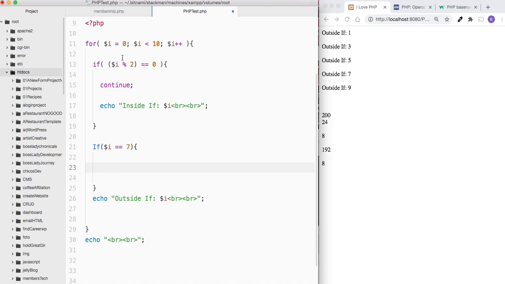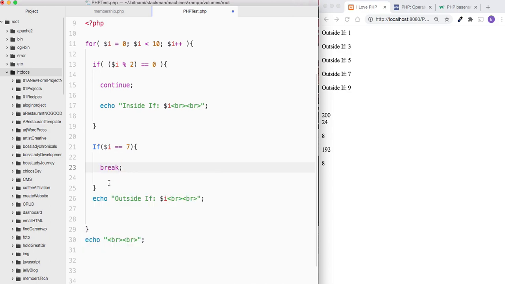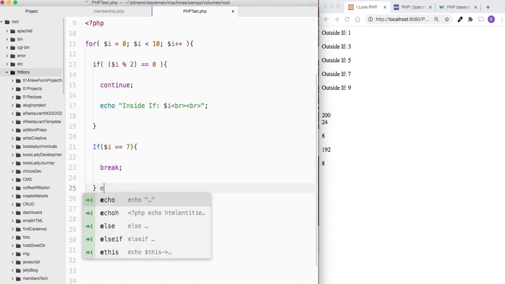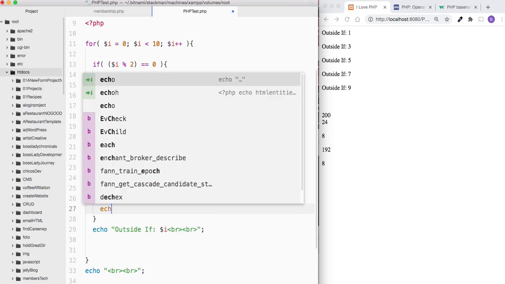Remember we had continue? Well, right now we're going to do a break. We're going to use break. So now you got the break. And then we're going to do another, else. So we're going to echo